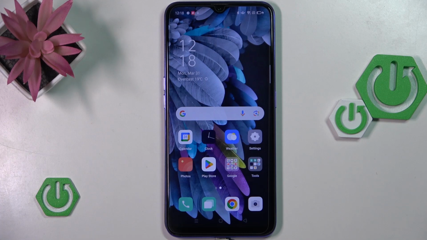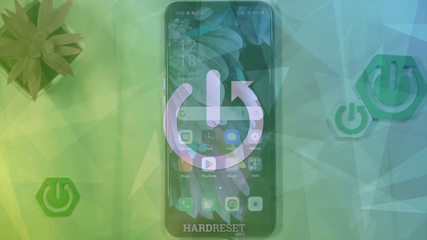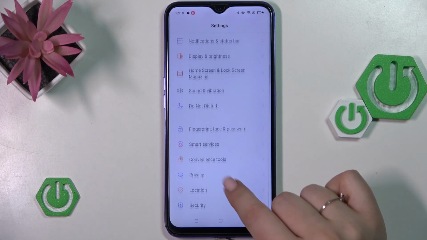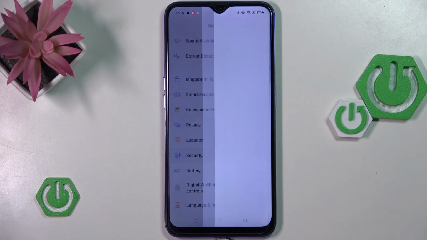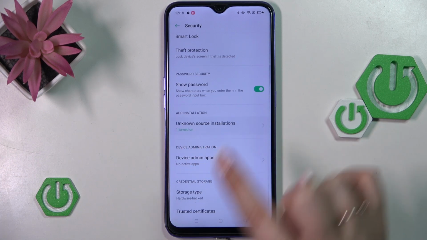Hi everyone, in front of me I've got Oppo A7 and let me share with you how to allow unknown sources on this device. So let's begin with opening the settings. Let's tap on them. Here we have to scroll and find the security and scroll down to find unknown source